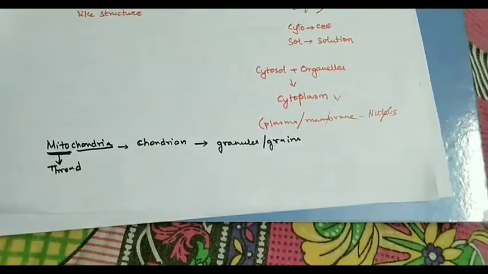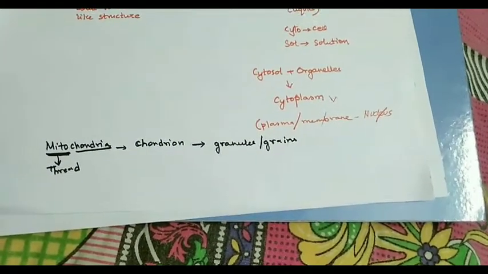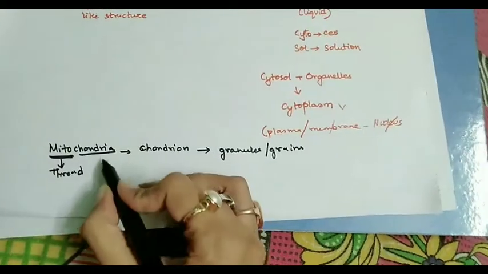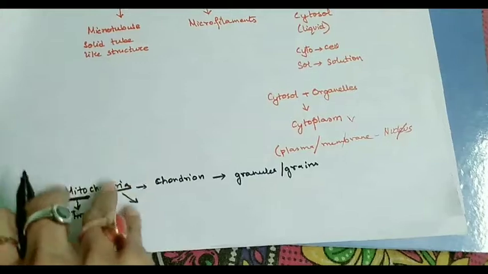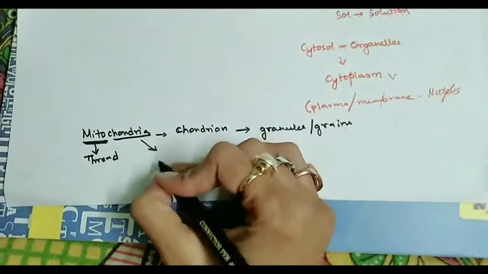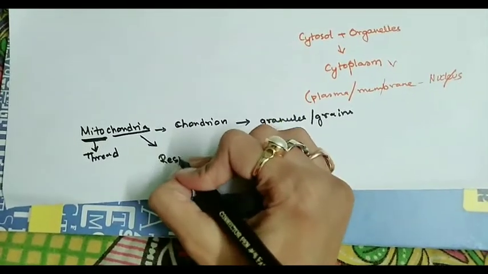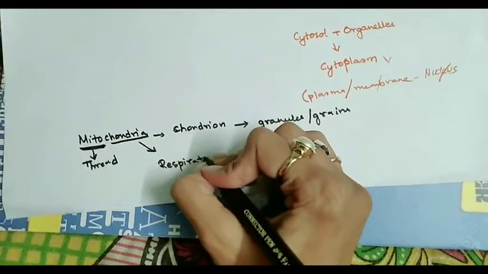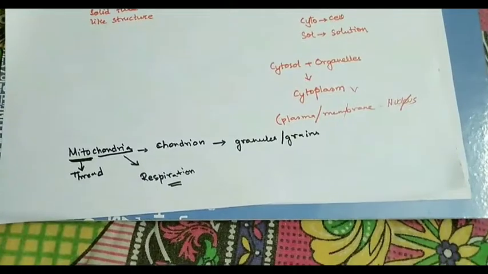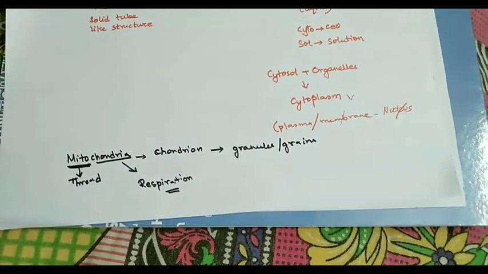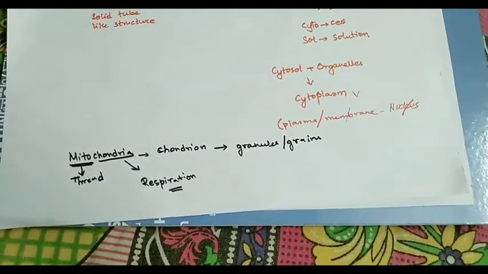And what is the main function of mitochondria? Mitochondria actually helps in the process of respiration. Okay, so mitochondria actually helps in the process of respiration. So let me write that. So it helps in the process of respiration. You all know what respiration is. Respiration means the breakdown of the food particles in order to release energy. Okay, as you all know that